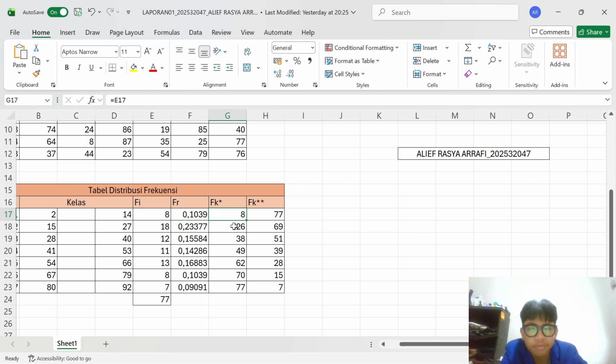The next is cumulative frequency. I calculate both less than FK and more than FK to show the accumulation of data points across the classes.